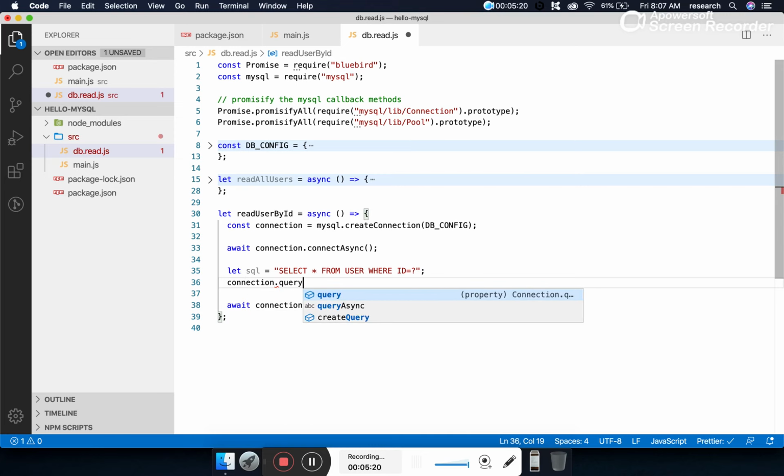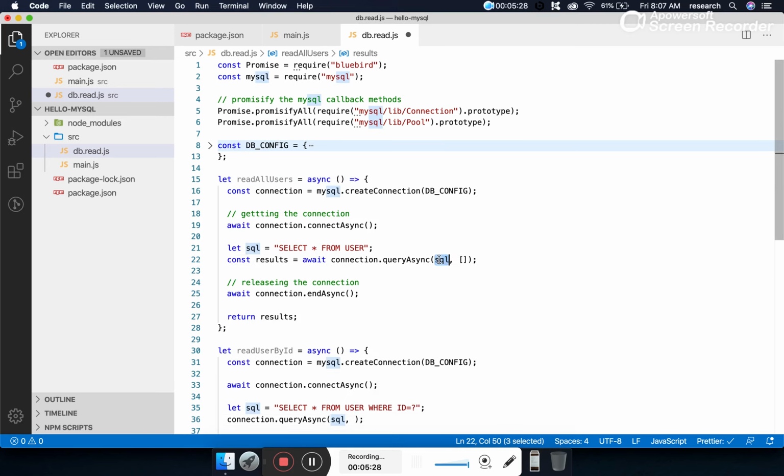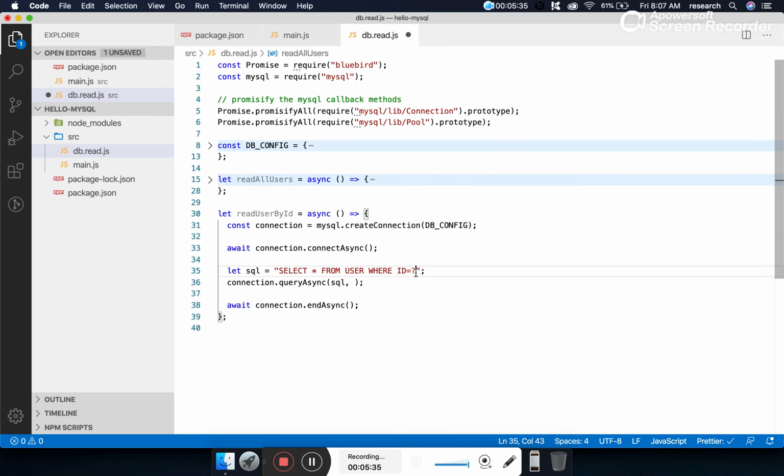Connection.queryAsync. How do we assign? First of all, we assign the sql. In our last episode, if you look, the sql was there and this parameter was empty, because there was no dynamic placeholder. Here this value will be like 1, or 2. Whatever value we specify, that query will be executed. That value will go. So right now at the place of ID we are passing the value of 2.